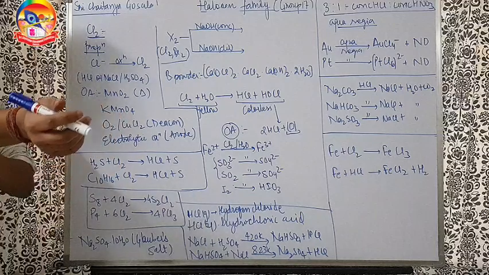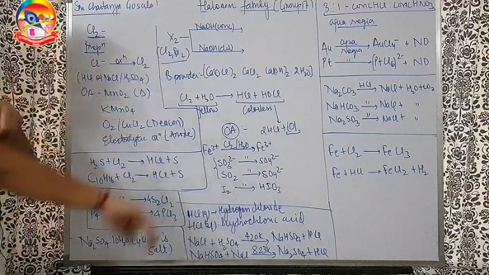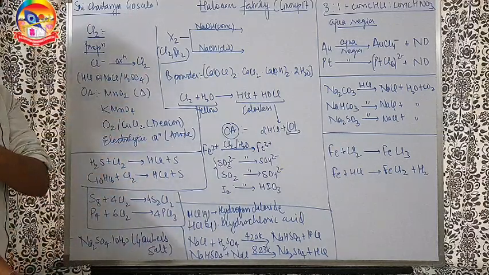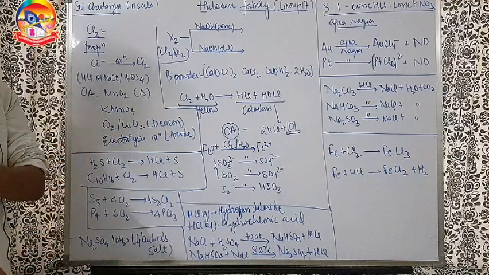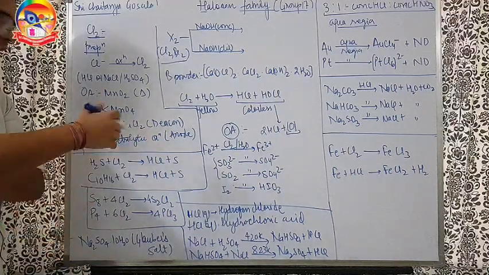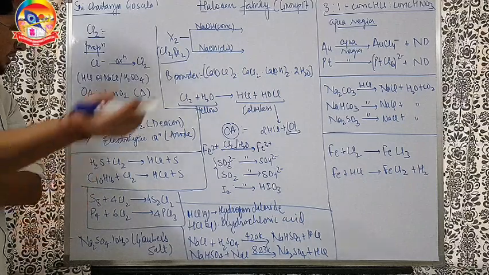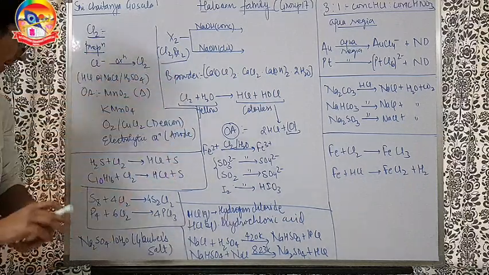Electrolysis also we can do. At the anode oxidation happens, Cl- becomes Cl2. So electrolysis of brine solution you can do, maybe aqueous NaCl, highly concentrated NaCl you can take there. So what will happen? Cl- becomes Cl2 happily.